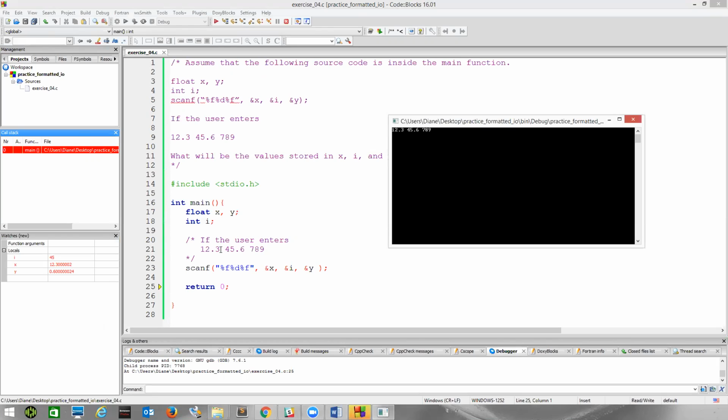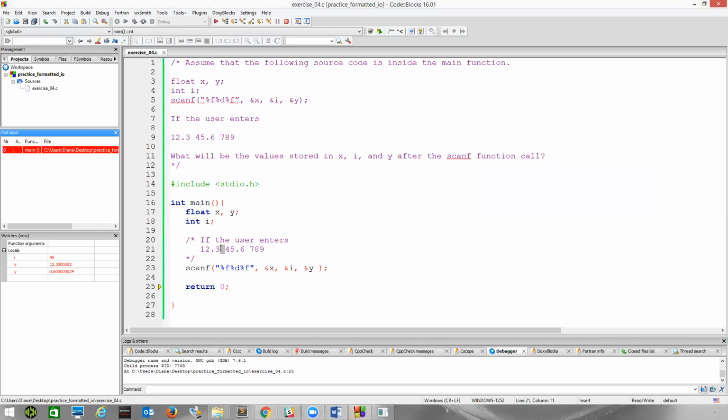So we read in the 12.3. Remember, we were sitting here in the input stream saying, well, let's skip over any leading white space and let's look for an integer. Okay, 45, that's an integer. You can see then that 45 was stored in I. Right, this period stopped it from reading when it was looking for an integer and said, oh okay, now %f says I should look for a floating point number. Well, .6 was that floating point number, because when it encountered this space, it stopped reading and it stored .6